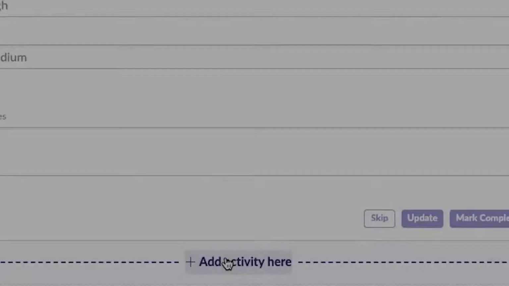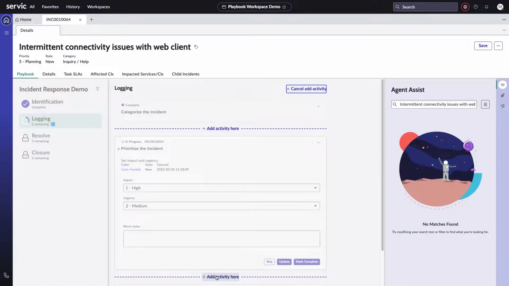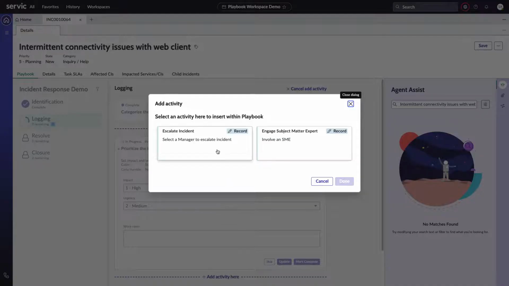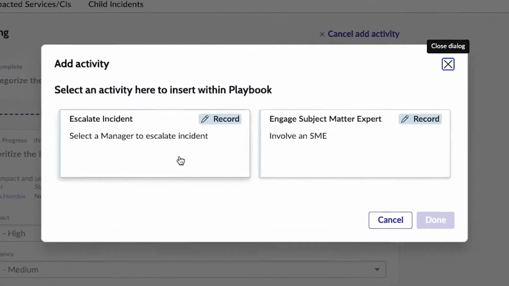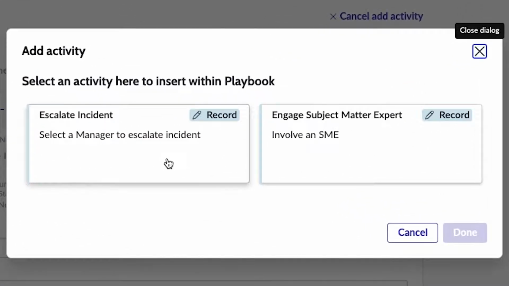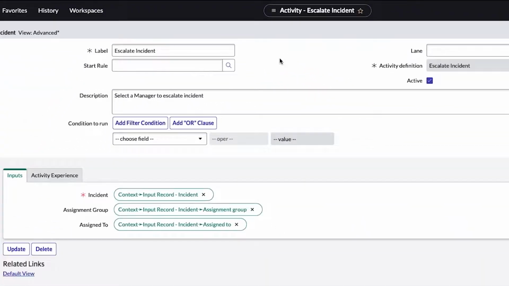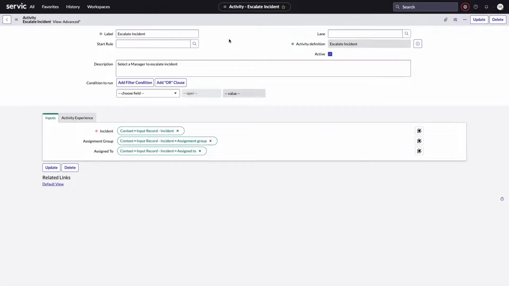We now provide the ability to design optional activities that agents can add into their playbooks as needed. These optional activities ensure that your playbooks remain streamlined and universally applicable to your agents, while also providing the flexibility and the behind-the-scenes automation capabilities to address less common or unpredictable activities. These optional activities can be made available to agents throughout the lifecycle of a playbook or just during a specific